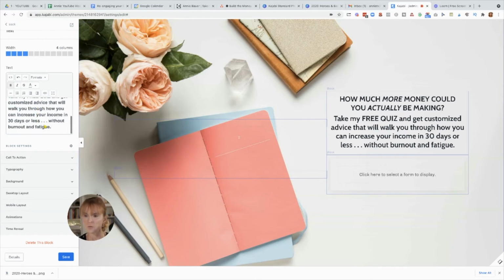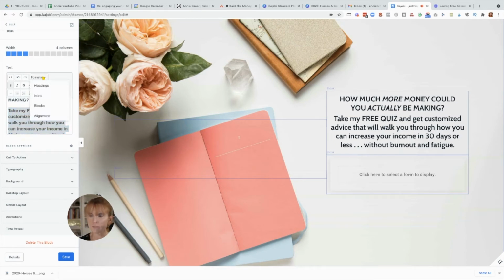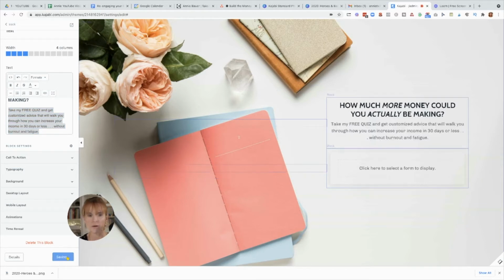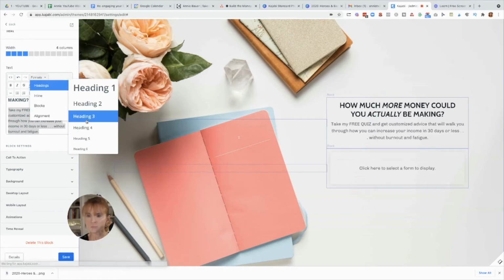And then I don't want this body text to be bolded. So I'm going to take this down to just a paragraph. And then I'm going to turn the bold off. So you see the bold B over here in the box. We're just going to take that bold off. And I'd like for it to maybe be just a little bigger.